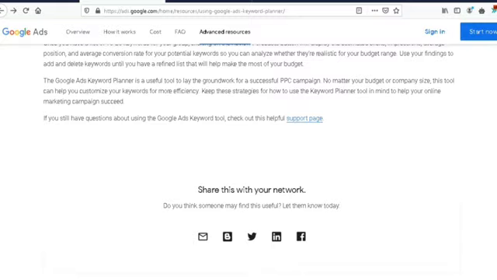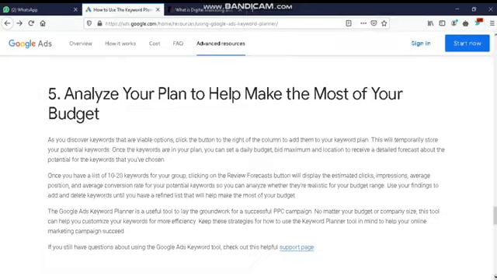Use your findings to add and delete keywords until you have a refined list that will help make the most of your budget. The Google AdWords Keyword Planner is a useful tool to lay the groundwork for a successful PPC campaign no matter your budget or company size.